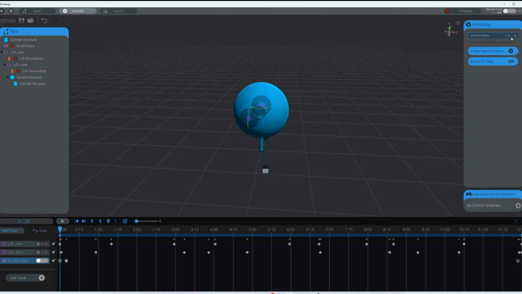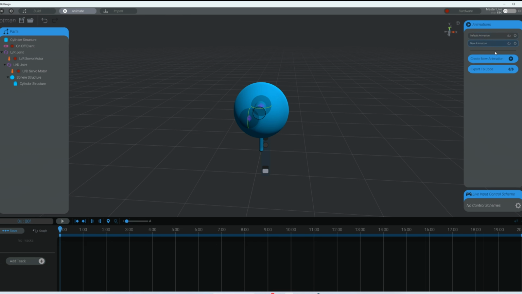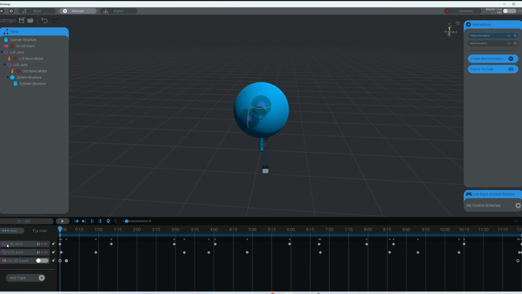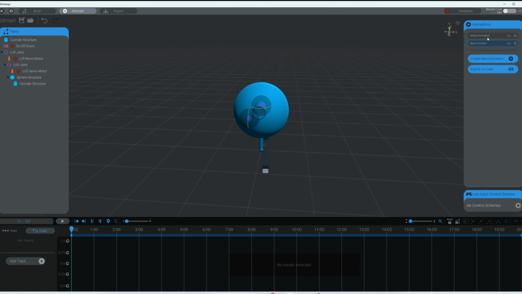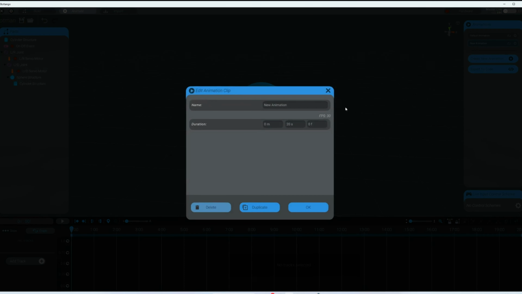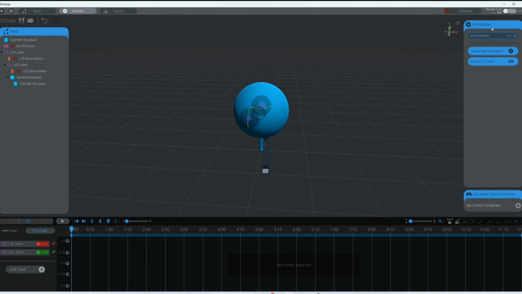If you created another driver and it's a new animation or whatever you happen to name it, it's going to be different down here. It's going to be a different motion or whatever than your default, right? So be sure to select the correct driver according to the project that you're wanting to export. So that's where that comes from. I'm going to go ahead and delete this because I do not have another animation. So we'll go back to hardware